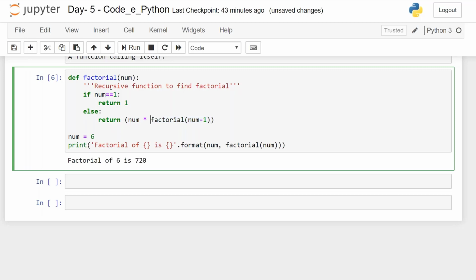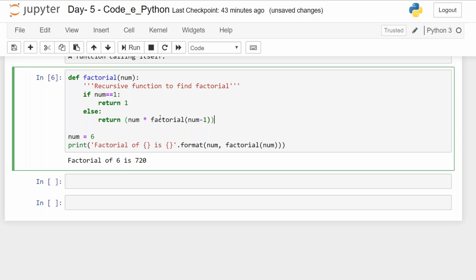What it does is, first the number was 6. It said num into factorial of num minus 1. That means the function is called again with 5, then 6 into 5, then the function returns itself 4, then 3, 2 and 1. How?